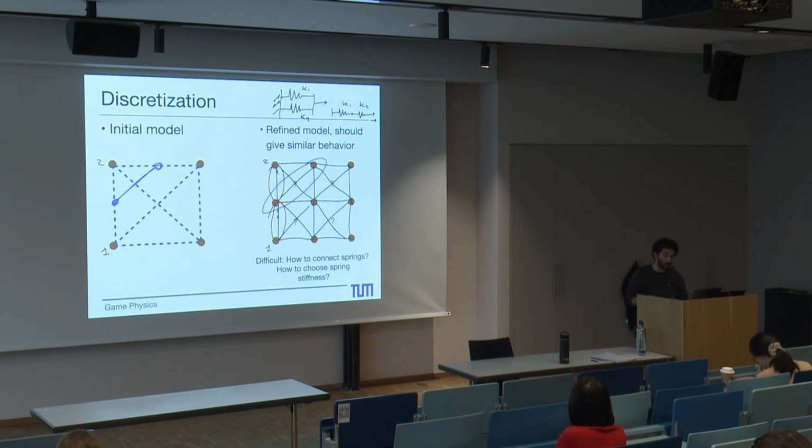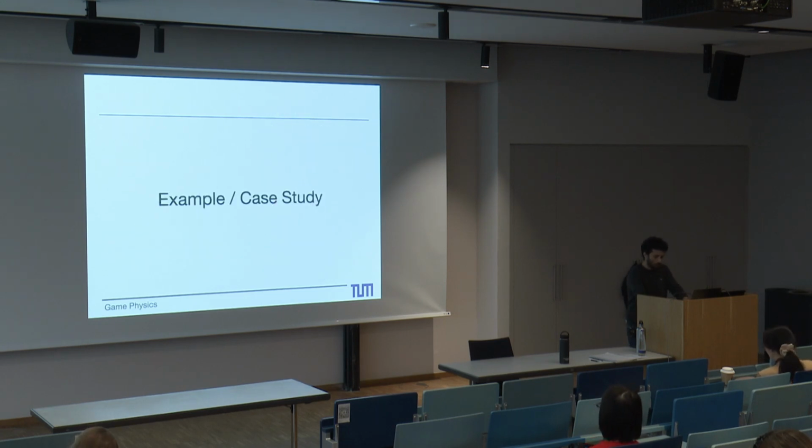So that's something that we really need to keep in mind whenever we are dealing with these systems. So even designing the original mass spring system is not trivial, and some thought needs to be put in this direction. So I just want to close the lecture with some example or case study